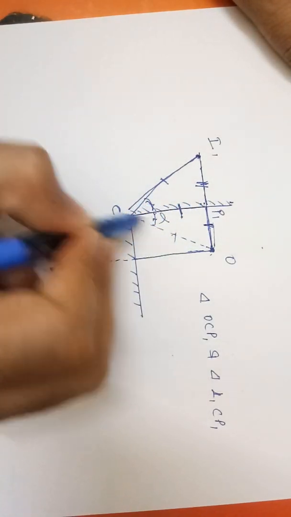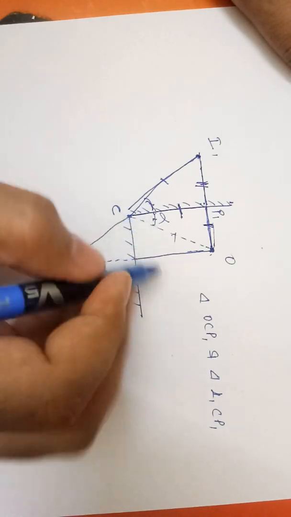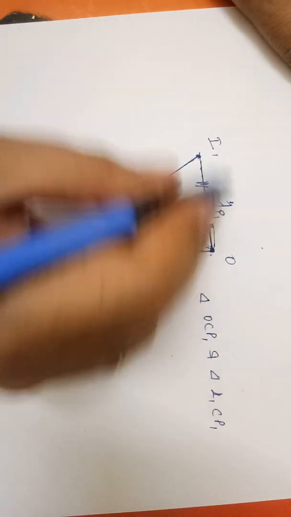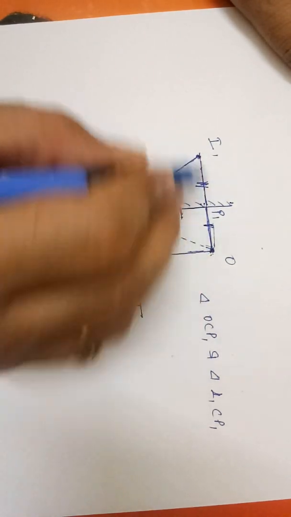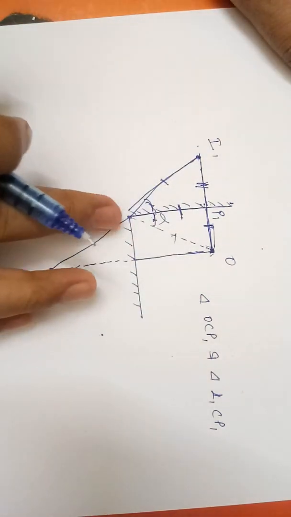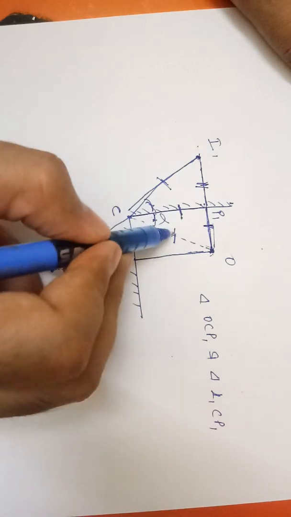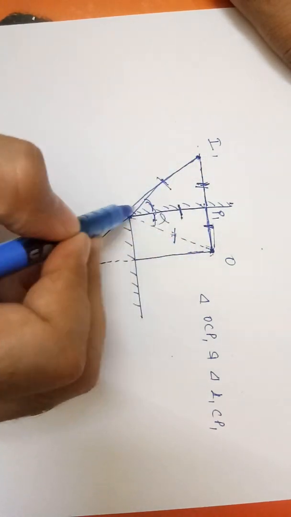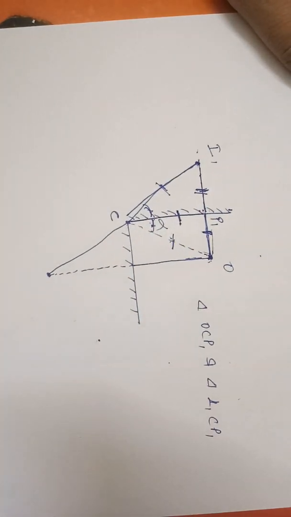This side is common between these two triangles, and also this will be the radius of the circle on which these points are lying, that is O. So this object O, I1 and all these points are lying on the same circle. That means this side will be same, these two same, this is common. So these two triangles, one is this, other one is this, these two triangles are congruent, right? That means what? This